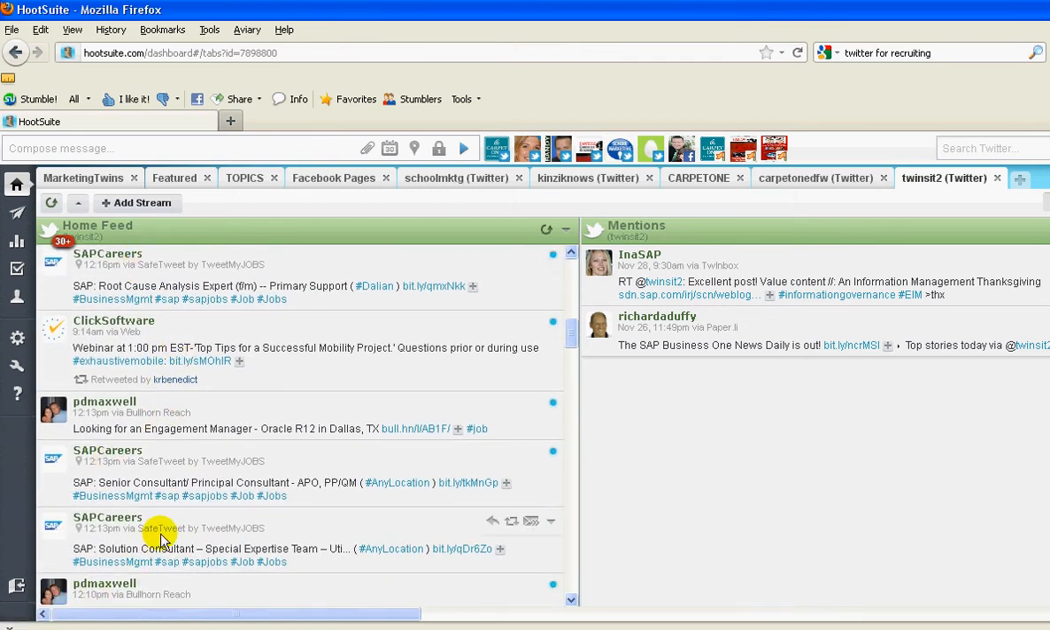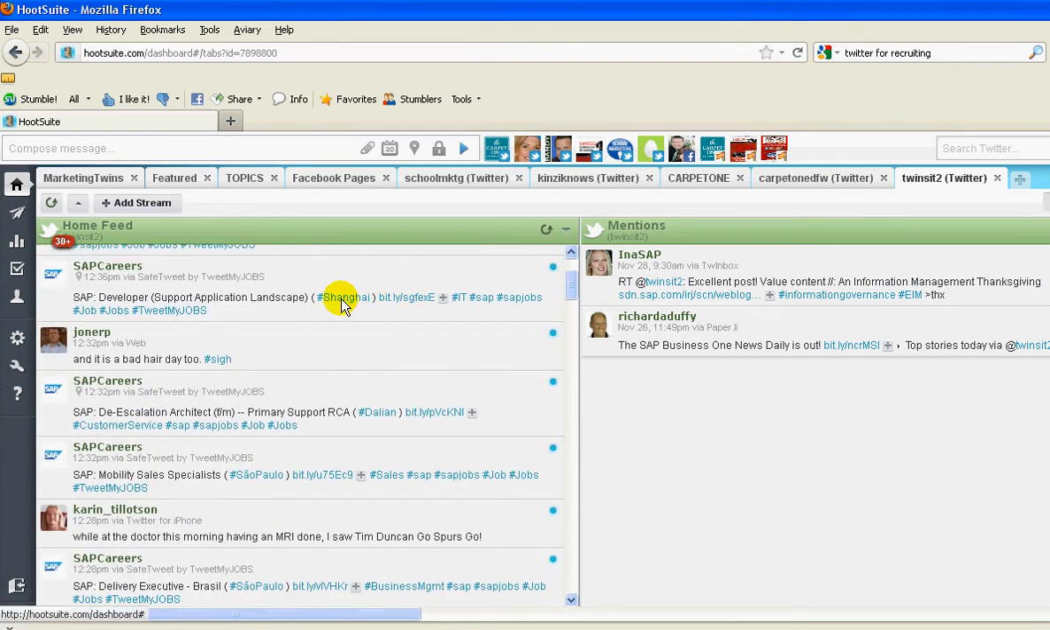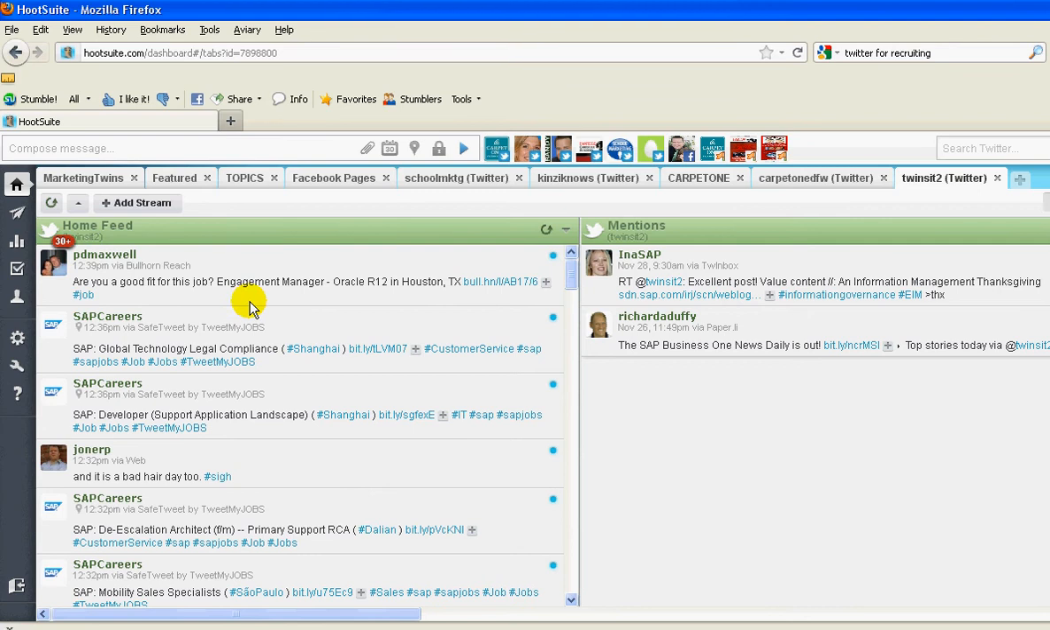Now at any point, you can see the blue is the hyperlinked underlines. You'll see the hashtags that are listed here, this pound or hashtag job. Here's some other ones, Tweet My Job, SAP Jobs. You can see all the different ones here. You can also see the shortened URLs. Here's this bit.ly. That's a feature that's in some